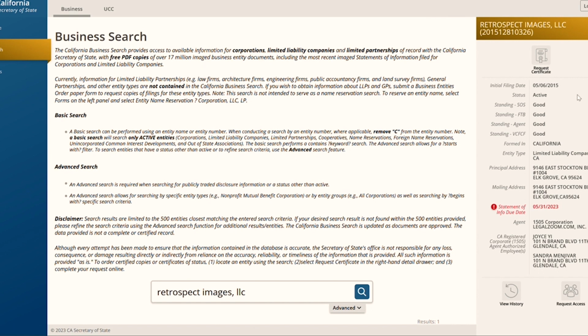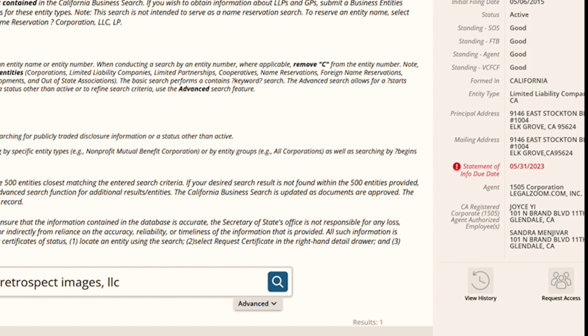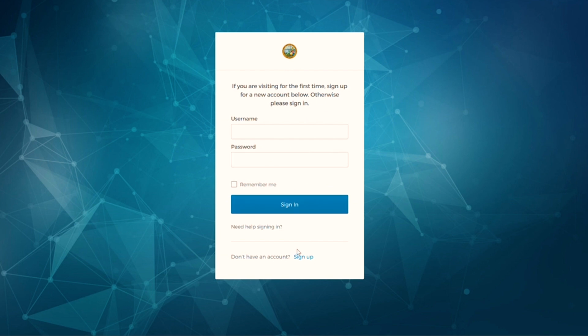If you don't already have access to that online account, then you're going to request access and provide the information requested there so that you can control that account. If you're able to log into that Secretary of State business account, then you're going to file a new statement